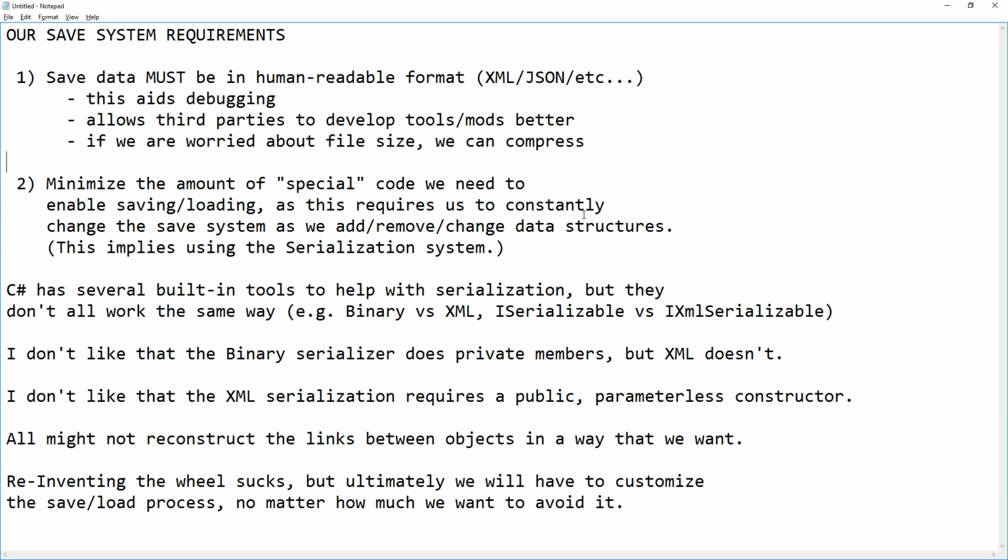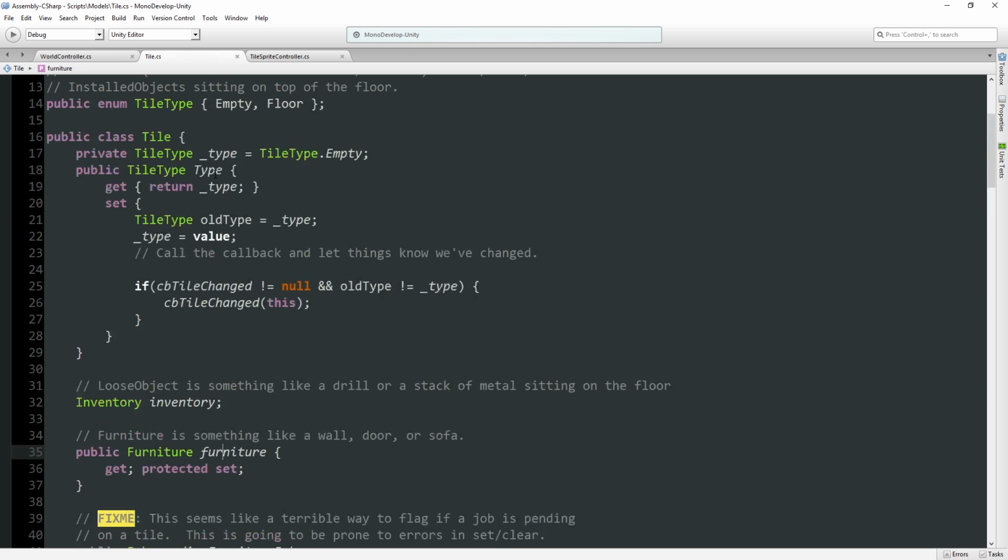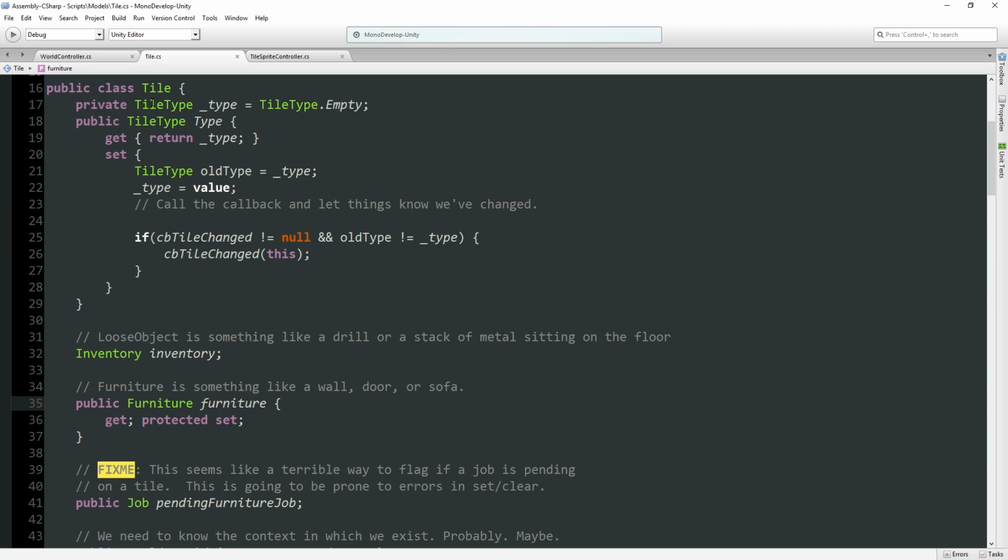The problem is that unless we are literally saving data on objects where all of the properties that we care about saving are, say, public, okay, if we're doing XML saving, the default XML serializer in C# will automatically serialize all public info. Yeah, there's two problems with that. Some of the stuff we want to serialize might be private or protected, which the XML serializer will not do by default. And the other thing is, some of the stuff that's public,